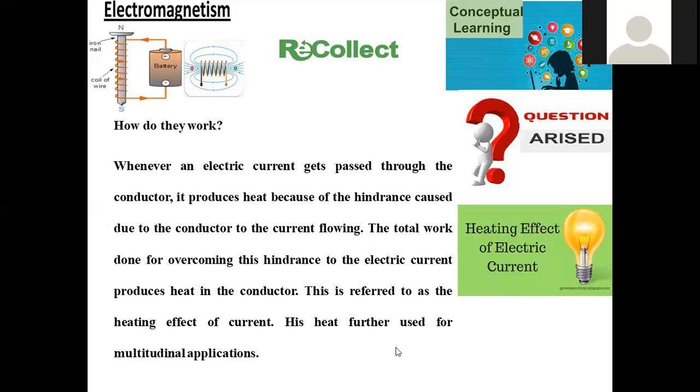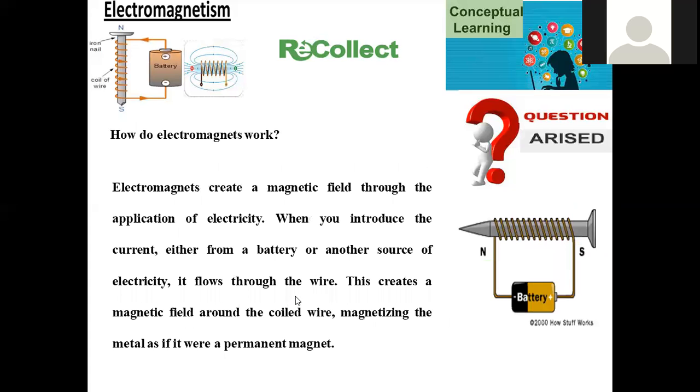That is because the conducting material is more prone to pass current from one region to another. But if we are creating any obstacle or disturbance in its path, what happens? It overcomes that disturbance by expending some extent of energy in the form of work. Whatever energy is spent for working is converted into heat. That is referred to as the heating effect, and the heating effect has multitudinal applications in our daily life.